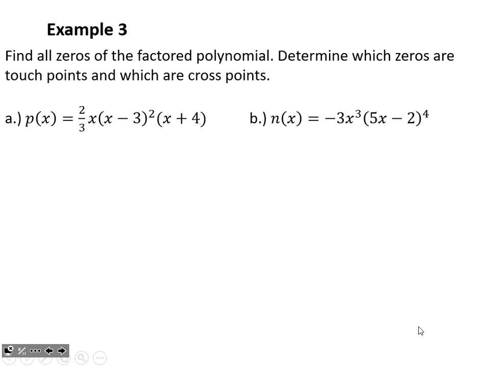All right, so our next example, we have a fully factored polynomial. So it's all factored out for us. That tough work from section 4.4 has been done. And we just need to find the zeros and determine which ones are touch points, which ones are cross points. When does the guy get to watch the game? When does he have to go somewhere else? So I'm looking for all the x's that I see. And since it's fully factored, finding those zeros isn't going to be too difficult, right? So the first one, I've got a loose x. That means x equals 0. And notice that factor is to the first power. It's an odd power. So since that had an odd power, that is a cross point.